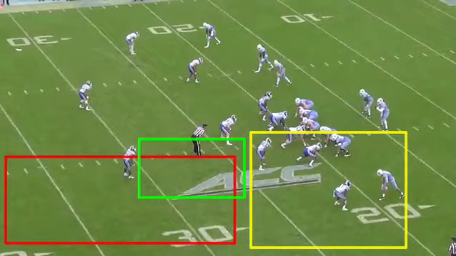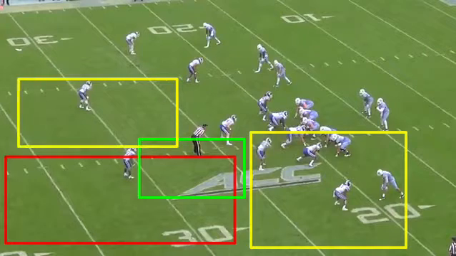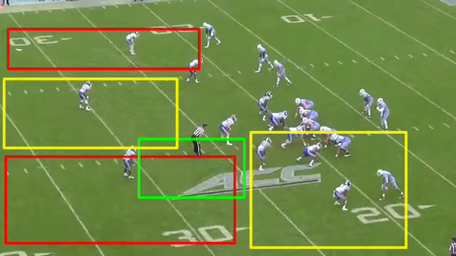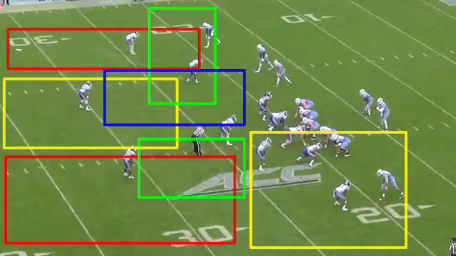So the other deep middle third would be here, and then your other outside third would be here. Your flat zone on this side is going to be wider because you've got more field to deal with. It would be up here, and then your hook curl zone will be the final one right in here. So 6 zones that we'll talk about a lot are